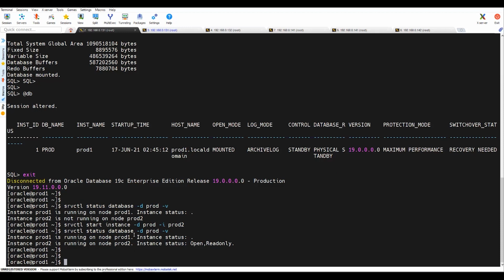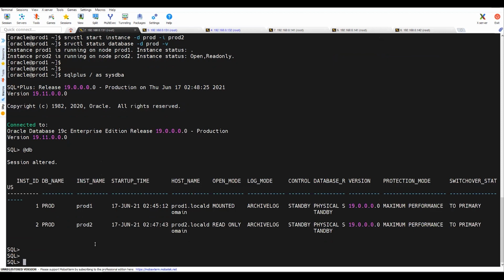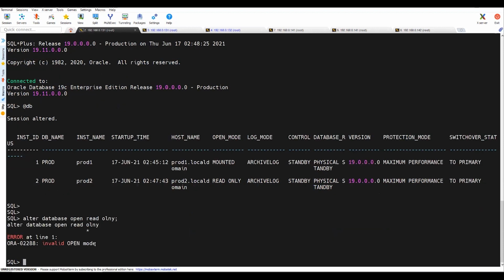My node 1 instance is still in mount state because it was already mounted earlier. So what I need to do is open this database instance and start the recovery. I'll execute alter database open read only, or you can directly run alter database open.